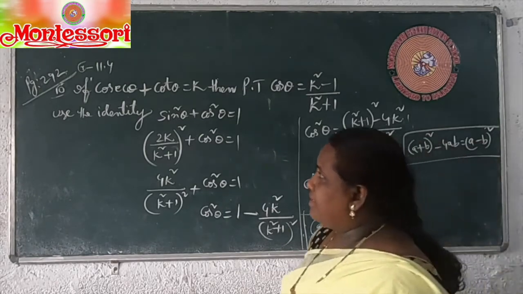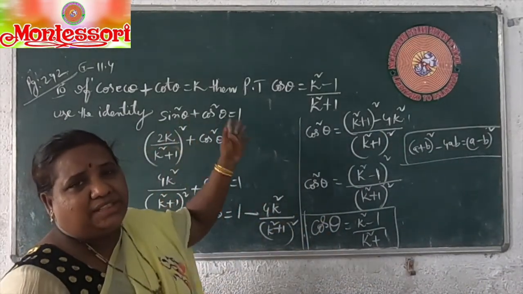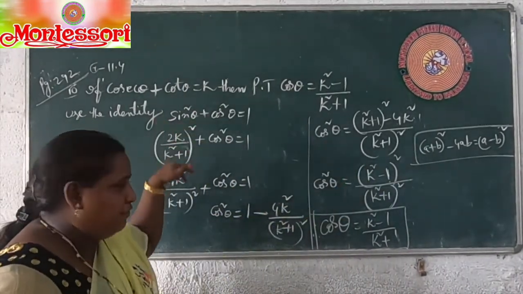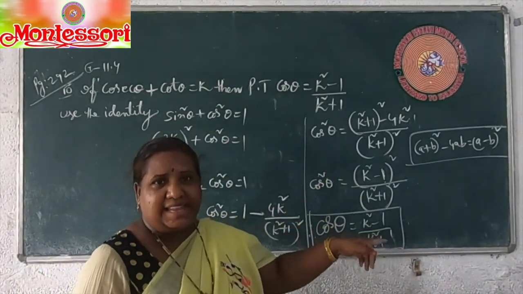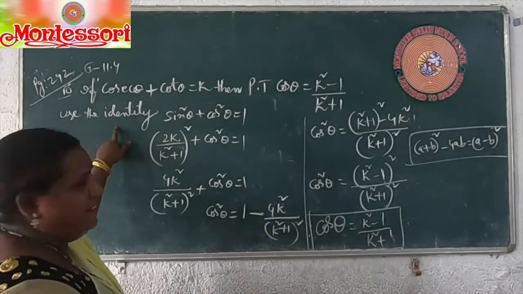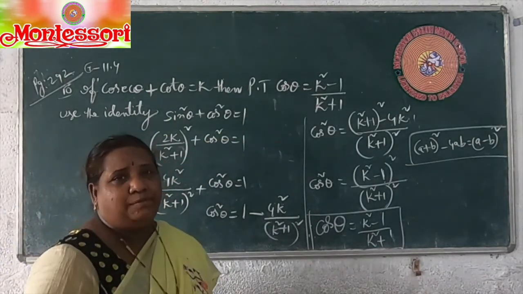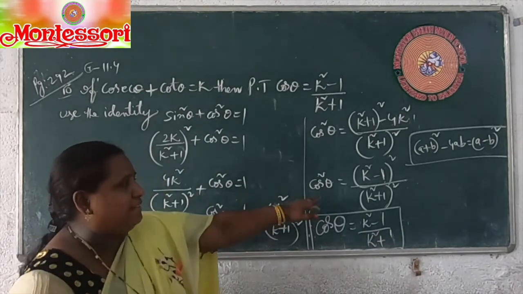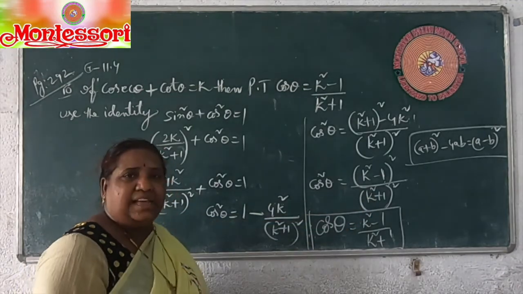So this is a very different procedure. First of all, I have to go to the identity sin square theta plus cos square theta is equal to 1. From that, we find cosec theta. After that, if you find the reciprocal, you will get sin theta. That we apply in this identity, because we want cos theta. We have to analyze the sum: what is given, what we have to find. Then slowly, if you do everything carefully and apply the algebraic formula, we will get the answer.